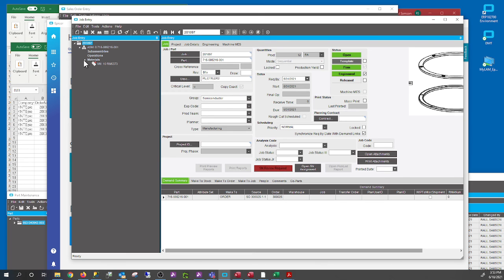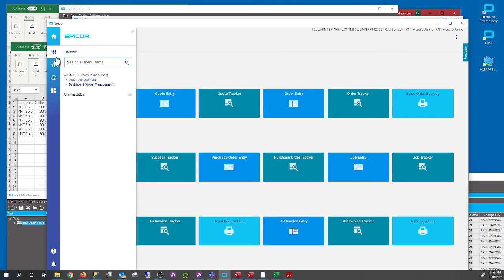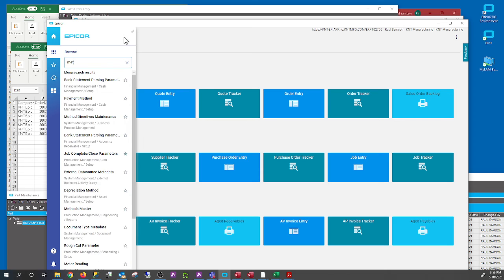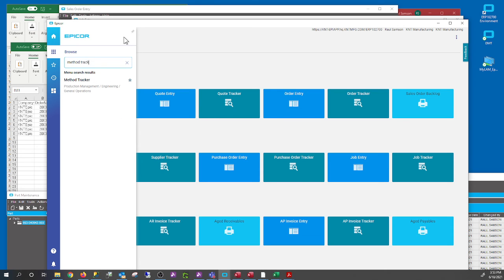So unfirmed jobs populate the material as well as the operations. Currently, this part number does not have an operation. So how are you going to determine if this has an operation? By clicking the method tracker. So we're going to examine the method tracker to see if it has an operation.